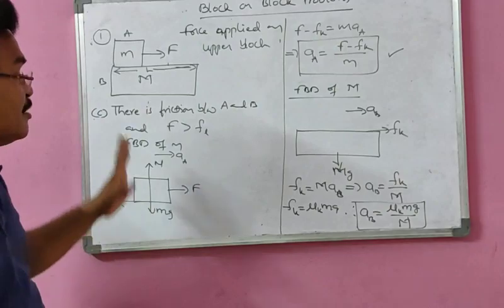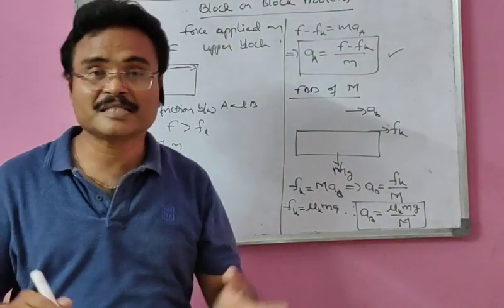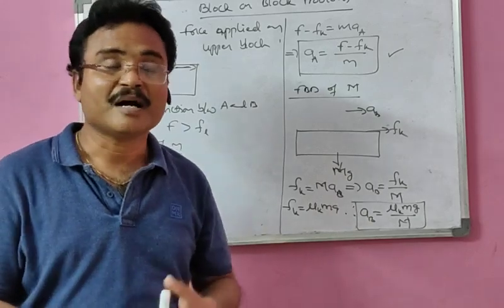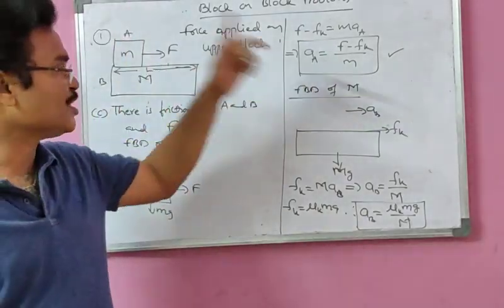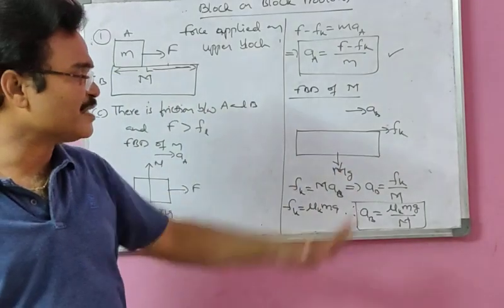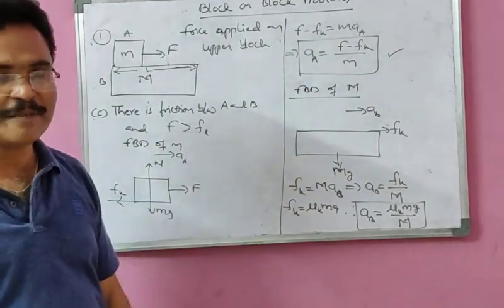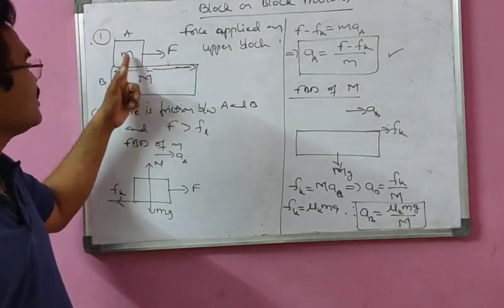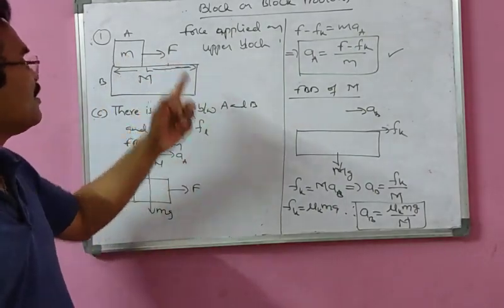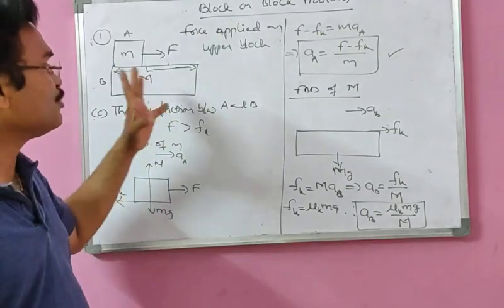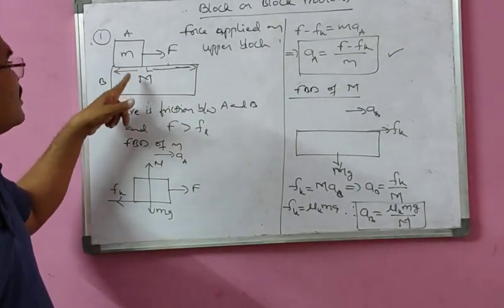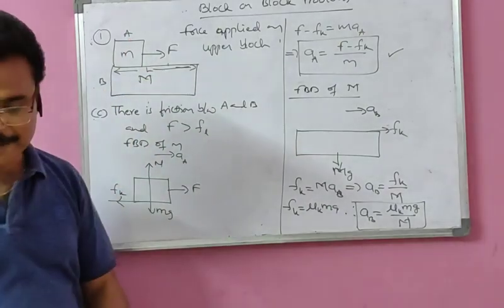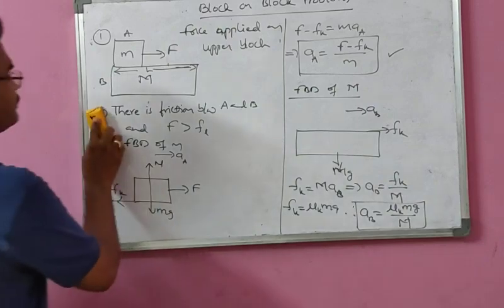Case B we have taken where the applied force is less than limiting friction, there the two are combinedly moving. But here upper block moves with a certain acceleration, lower block will move with another acceleration. Both are different here. If they are different, then this length L is there. How much time this A will take to fall off this one? To get this one, we have to calculate the relative acceleration of this A with respect to lower block here. So I'm writing that one here.